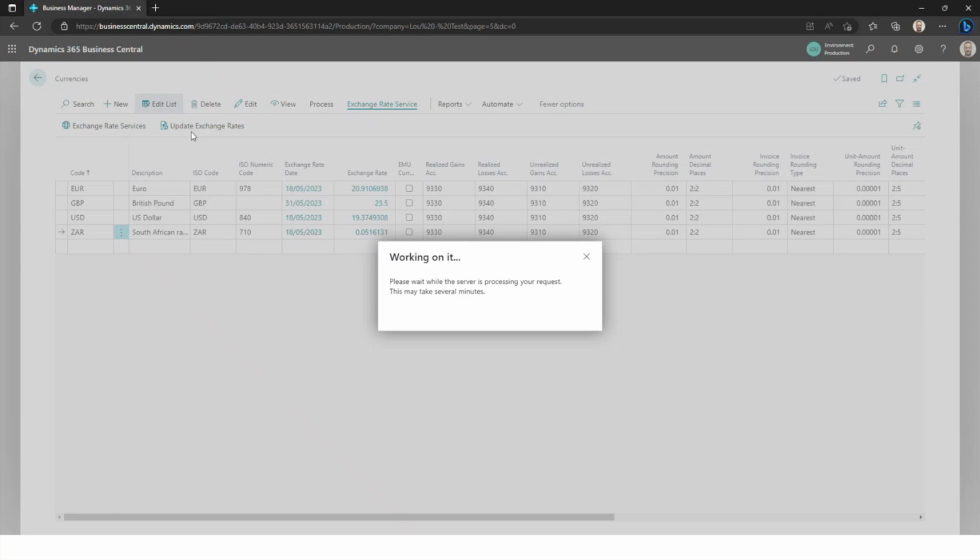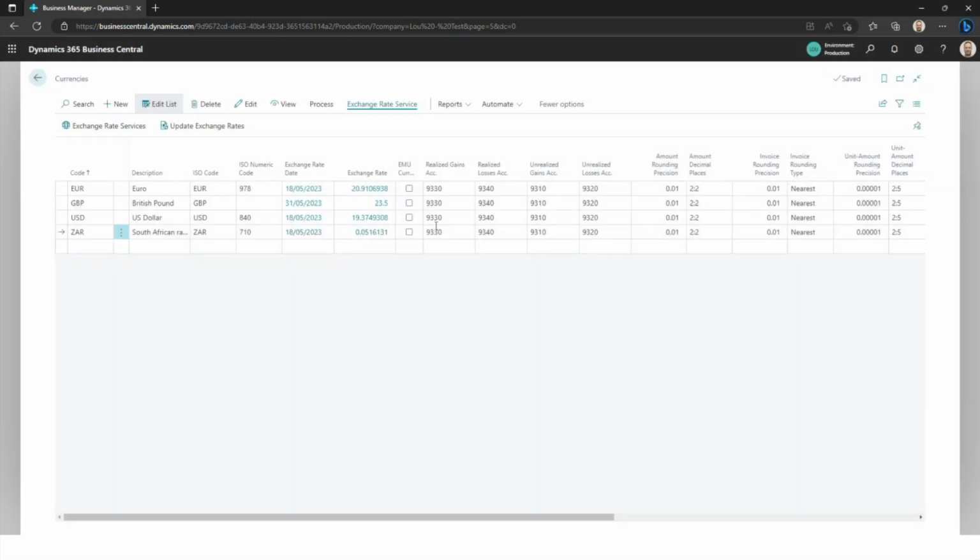If it didn't run, you can just come here, exchange rate service, update exchange rates, and then it runs it through again and updates it. It runs it for the 18th of the 5th, and not for the 19th, because the currency that you actually have is the 18th. What now would happen if you post a document on the 19th is it would have the